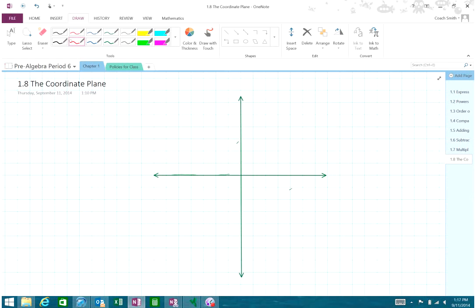All right, now, basically the coordinate plane is made up of two number lines, okay, a vertical one